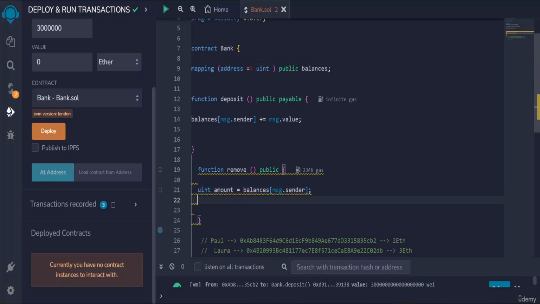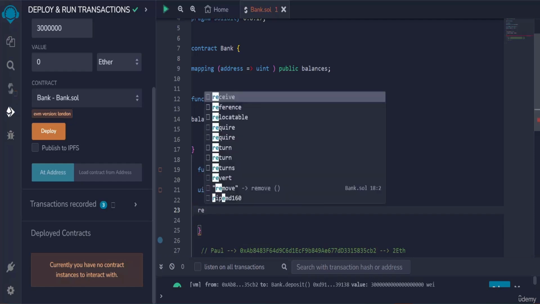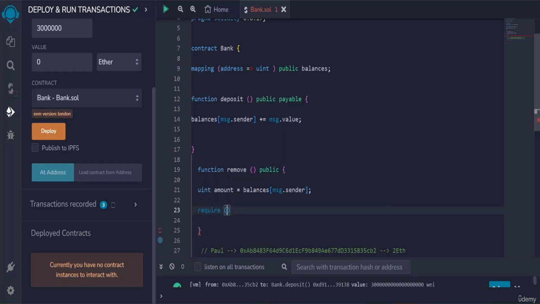Now we need to make sure that this msg.sender that represents the address of any investor willing to remove the money, or calling that function, we need to make sure that the amount of money that he really wants to remove exists in this smart contract. So to do that, we need to say require, okay, we're going to say amount is strictly greater than 0. If not,